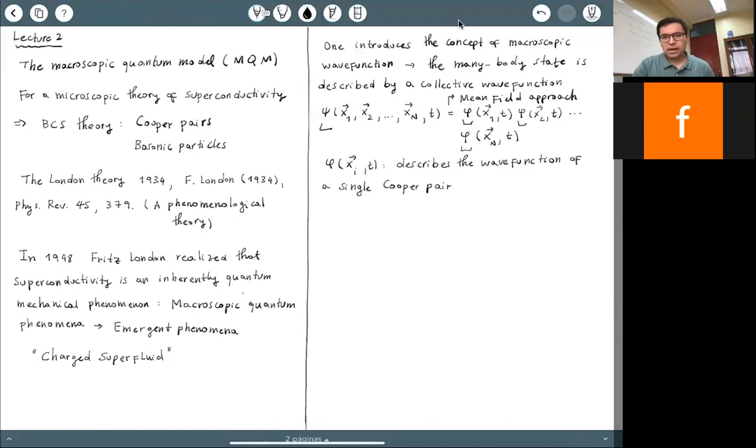So a good approach, when we have this condensation of Cooper pairs, is to expect that the wave function is well approximated as a product state of exactly the same wave function for each of the Cooper pairs. Okay,